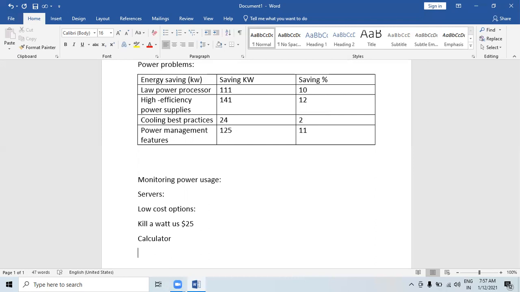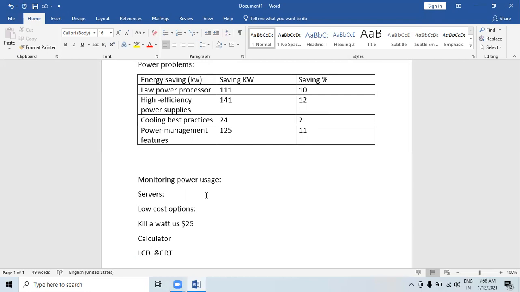We have to compare LCD and CRT. That means determine how much you spend on electricity to power your existing monitor, and then compare LCD and CRT. Which one is best to reduce our power? To determine which option is less expensive, then compare new LCD and CRT monitors. Which one is best to reduce the power?